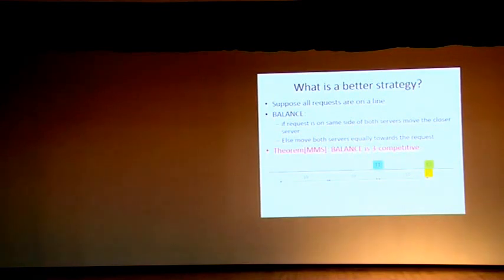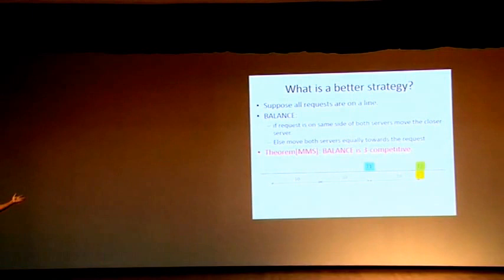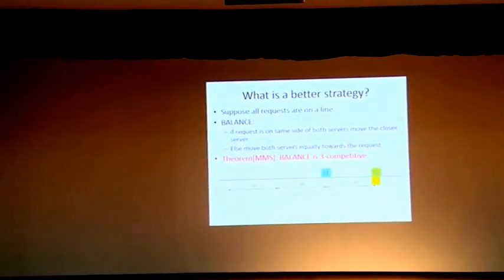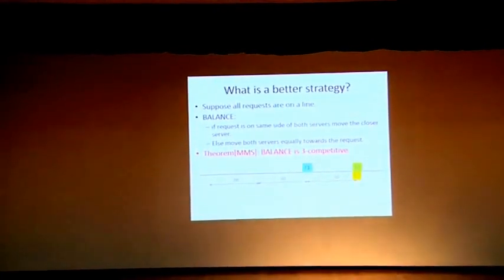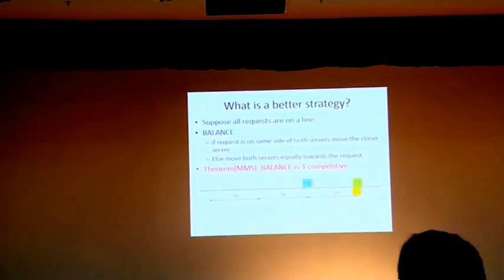And now I'm done. Why? Because the subsequent requests are going to come where T1 is, and it can serve it without any penalty. And then the next request is going to come where T2 is, and it can serve it without any penalty. And so on and on. So what seemed like a stupid algorithm actually works very well for this request sequence.